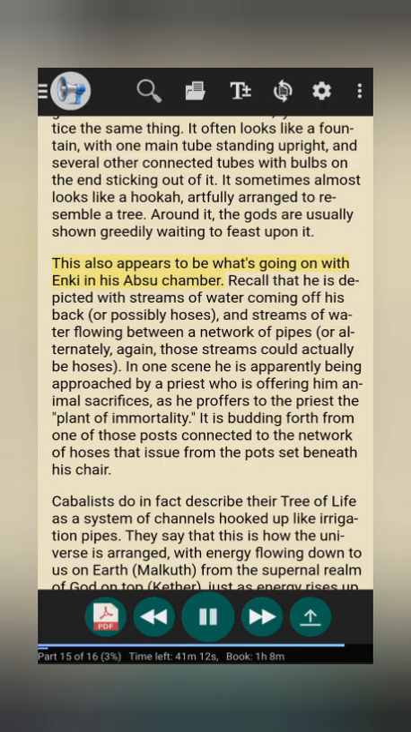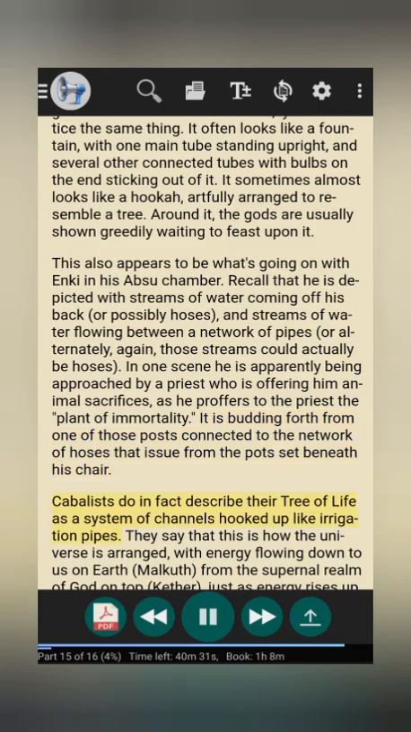This also appears to be what's going on with Enki in his Absu chamber. Recall that he is depicted with streams of water coming off his back, or possibly hoses, and streams of water flowing between a network of pipes, or alternately, again, those streams could actually be hoses. In one scene, he is apparently being approached by a priest who is offering him animal sacrifices, as he proffers to the priest the plant of immortality. It is budding forth from one of those posts connected to the network of hoses that issue from the pots